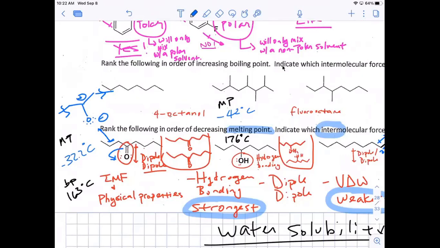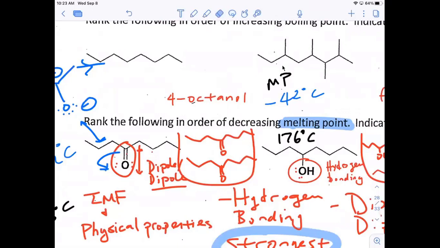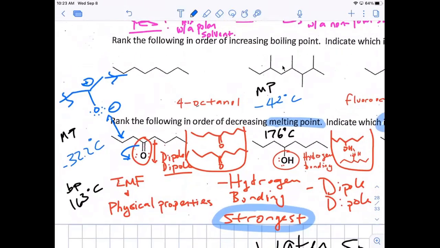Even with fluorine having an electronegativity of 4, right? There's a huge dipole because of that pi bond between carbon and oxygen, and you can actually draw the resonance form and show carbon as a full positive. So that's going to be a really strong attraction between those molecules, right? Compared to